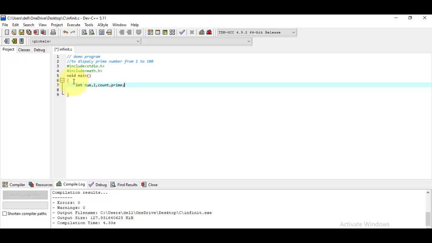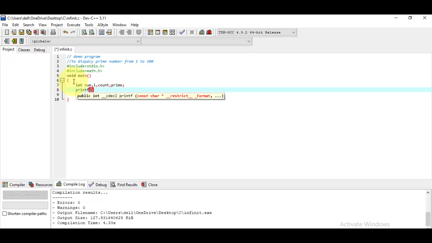So I have declared four variables here: first num, then i, then count, then prime. Next I would like to display a message for the user, printf.